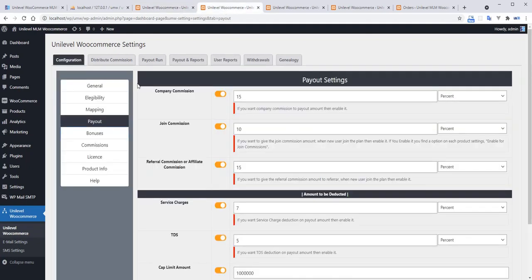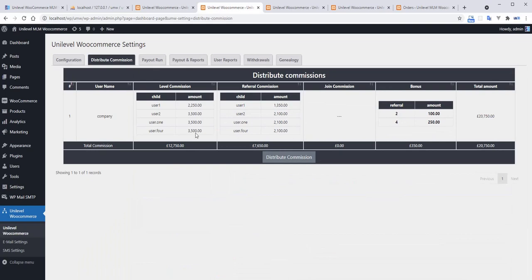If we go to commission distribution, you will check the commissions that were added there. Three types of commissions are showing here, and the join commission is not showing because the first user does not get any commission on joining.